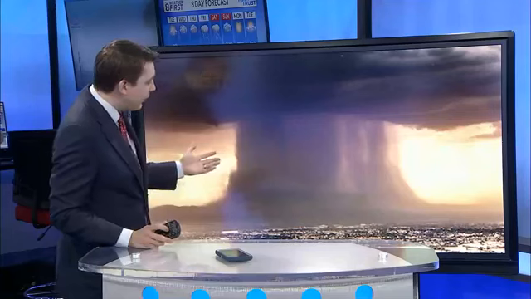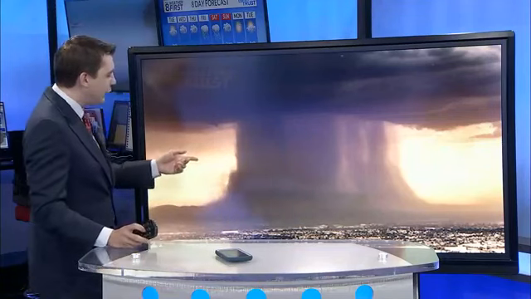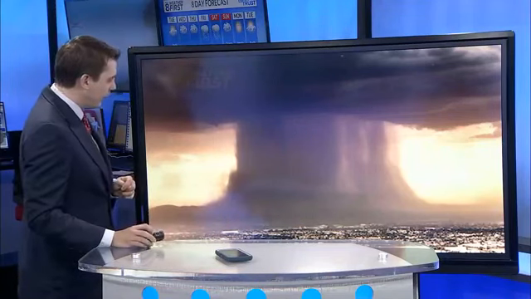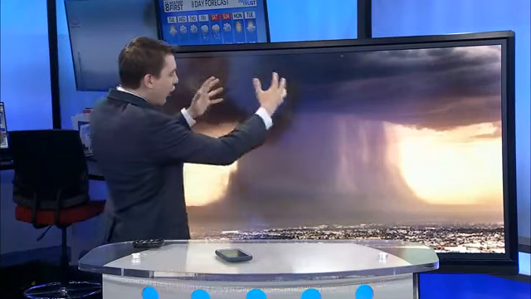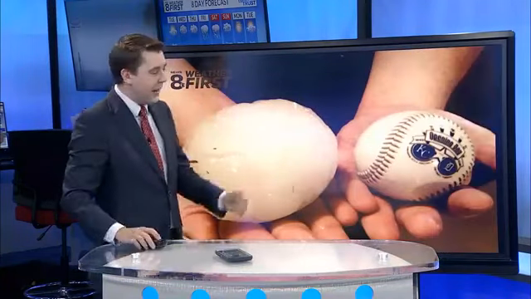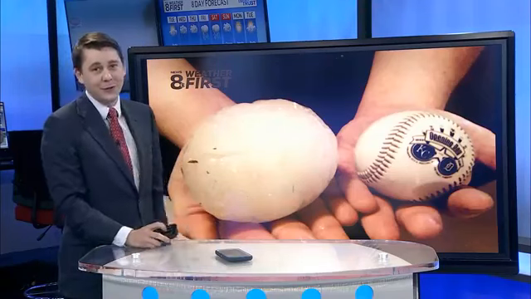Thunderstorms can do some bad things too, one of which is damaging straight line winds. This was an amazing shot, I think, out of Arizona from a few years back. This is what we call a microburst, where you get this chunk of air that comes racing to the ground and then it spreads out and it blows a whole bunch of things over. Trees, houses can be damaged. We've all seen this before too.